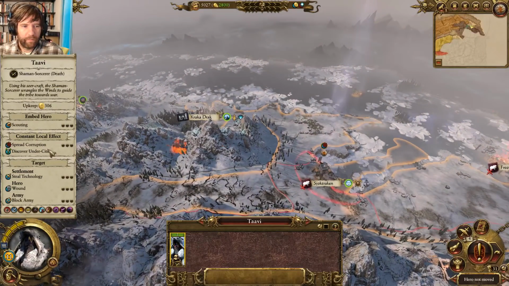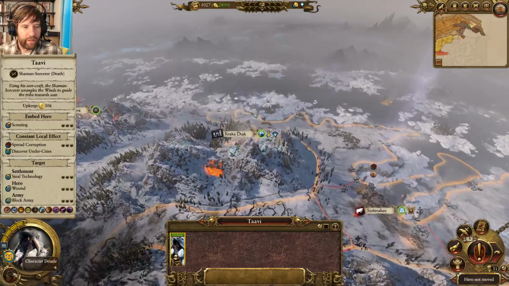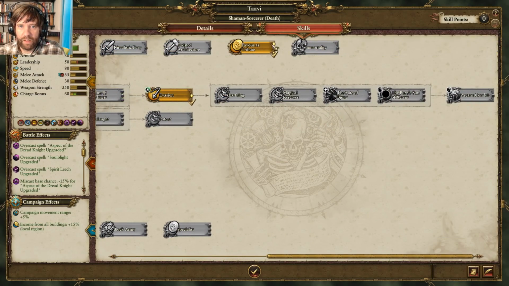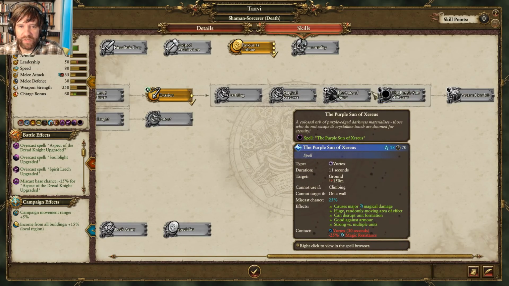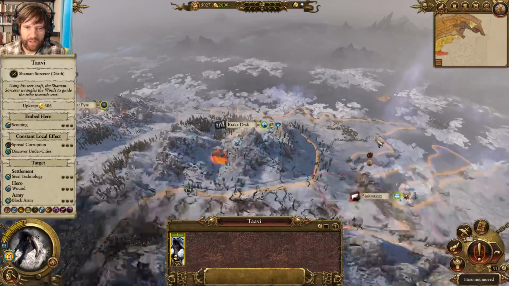Ooh, hold up. What we got here? Little death magic. Little soul blight. What else? We got purple sun? No. Want. Why don't you have purple sun? Hey, it's some kind of magic, though. While we're waiting on that Famir for 5 turns, I guess we could